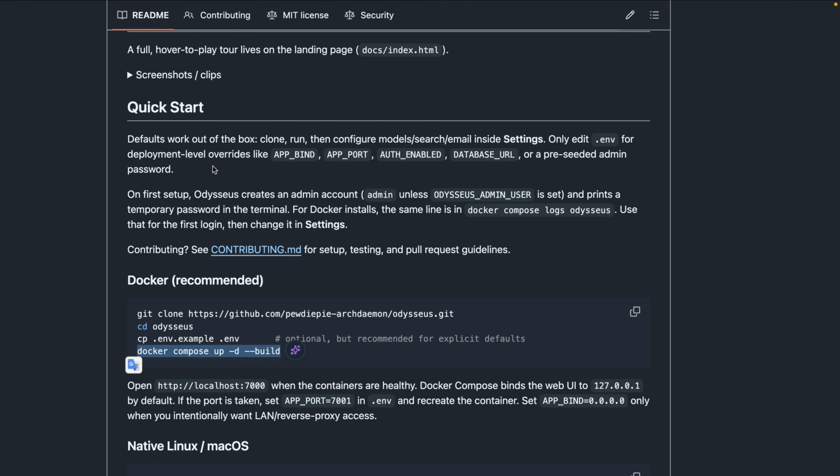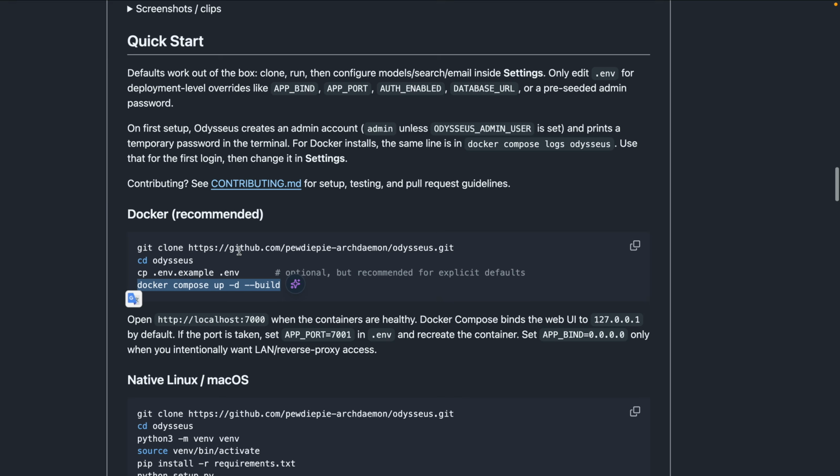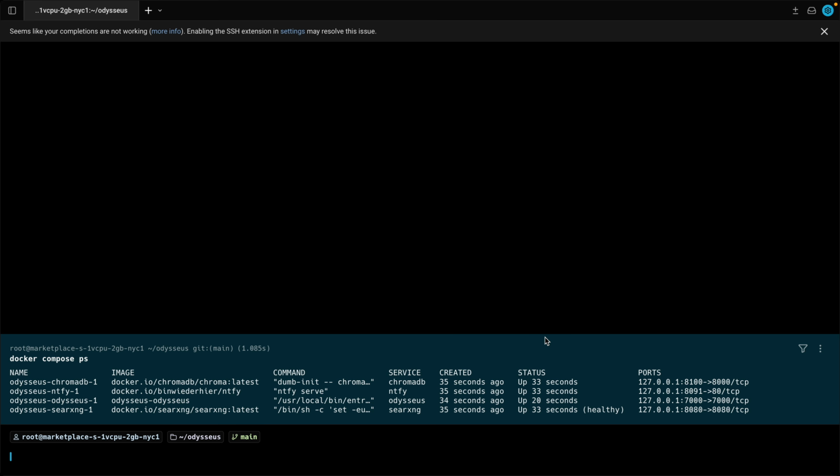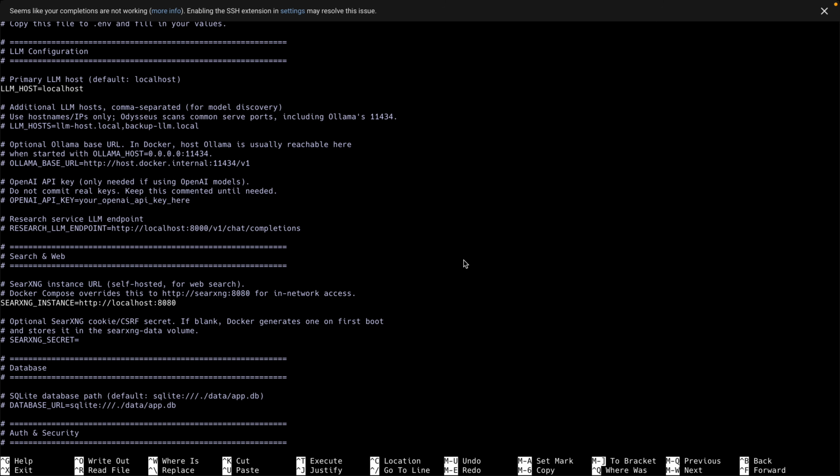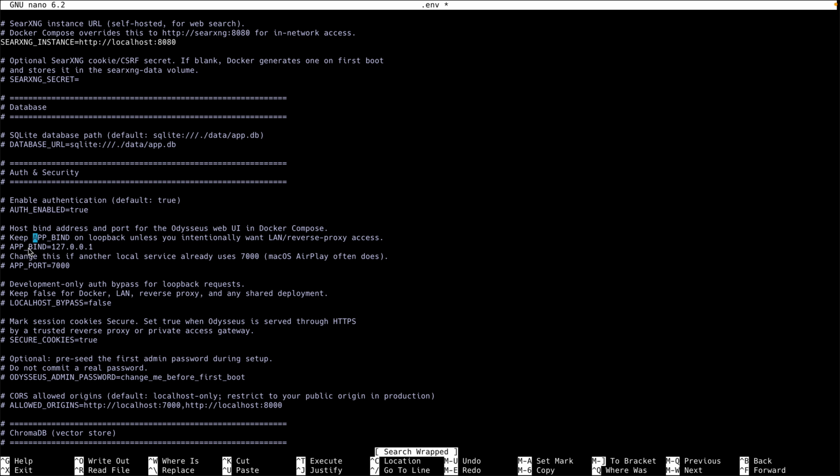If we go back to the official GitHub repository here, the server accepts outside connections. Right now it is not allowing any outside connections. That's why it is not working. So let's copy that and go back to the terminal, and here type nano .env, and let's find the environment variable that we have to change. It is currently commented out, so just uncomment that, and I will change this IP address to 0.0.0.0,